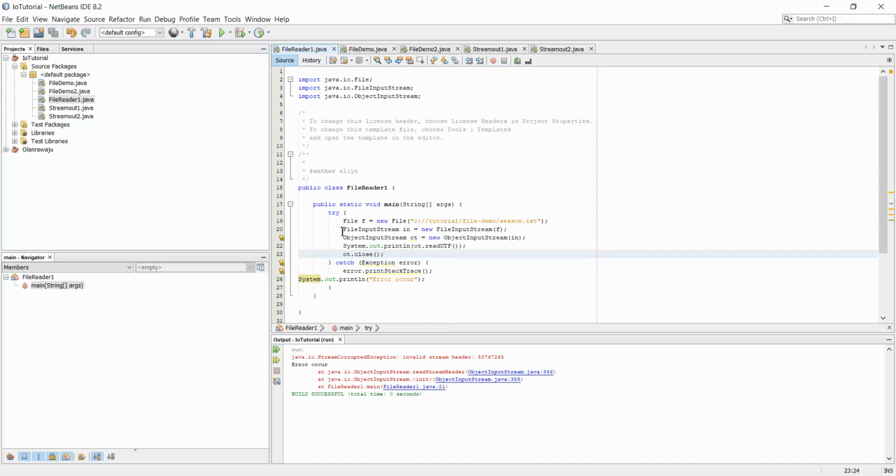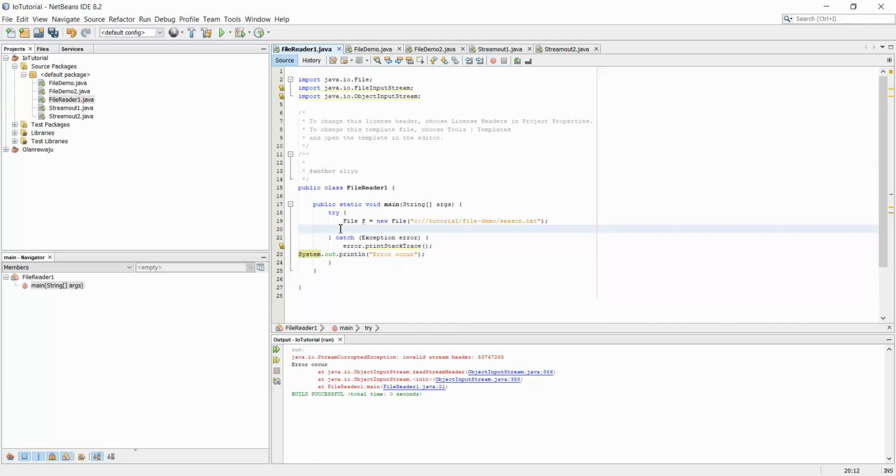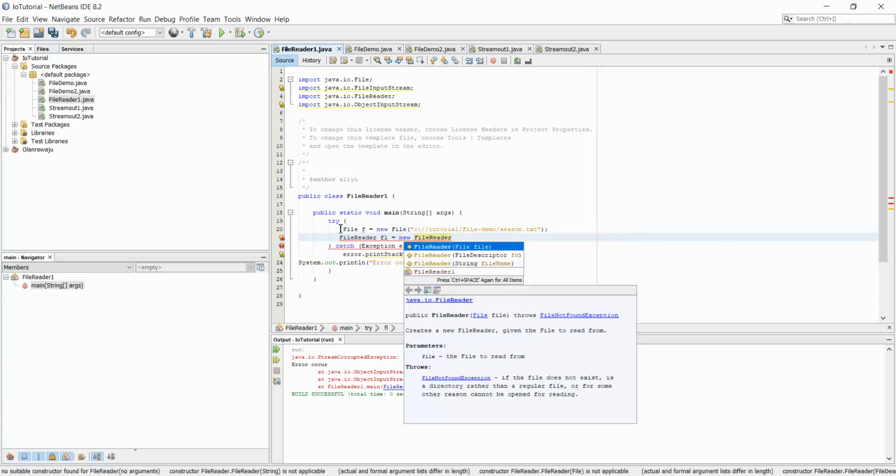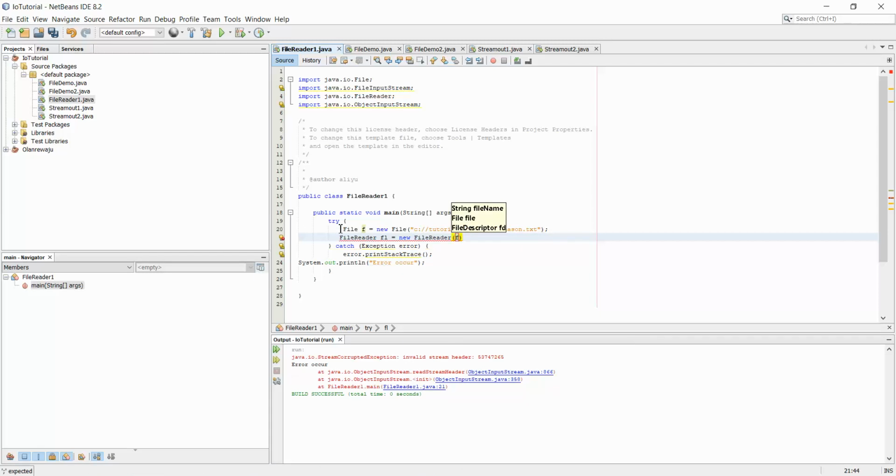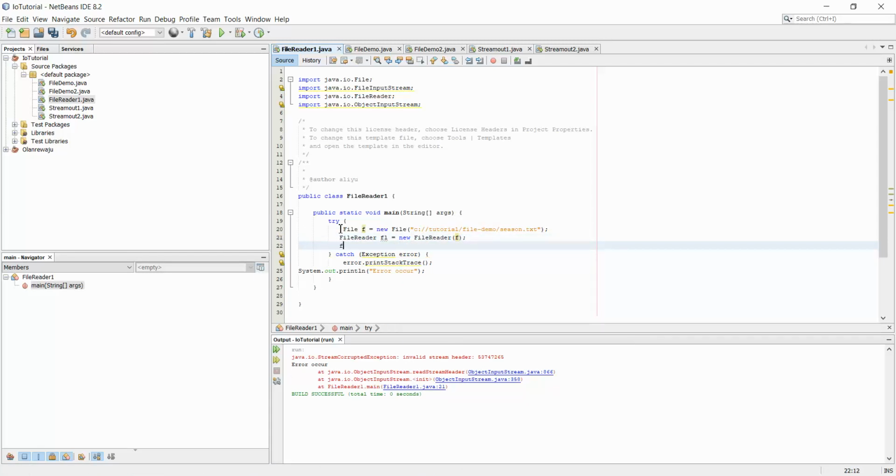Okay. Let's use another reader. I just want to show how to read today, so let's use another reader. Say file reader. What does it take? File. So let's pass our file there. Okay, let's say fa dot